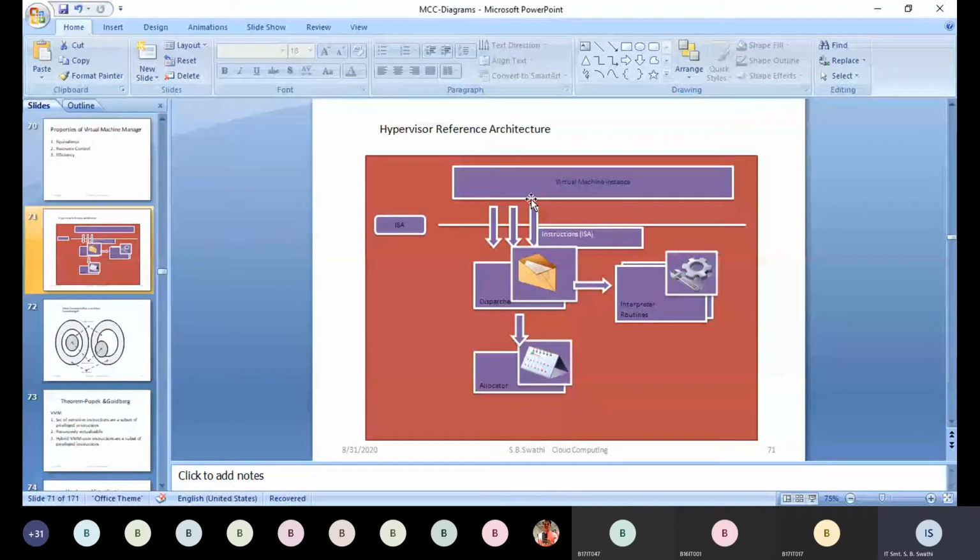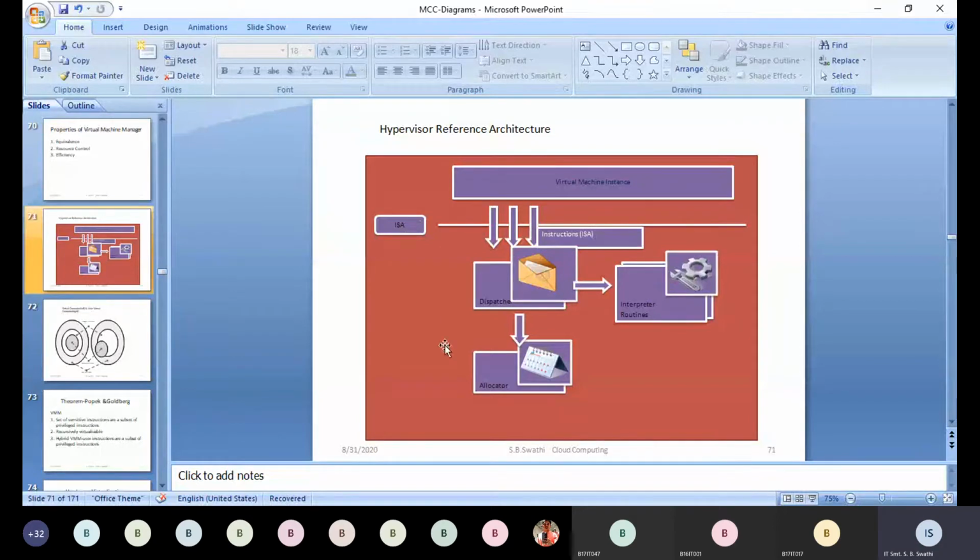First, we have the dispatcher, and you see here ISA is there. ISA means what? It comes under which level? ISA will be between which layers? Instruction set architecture.